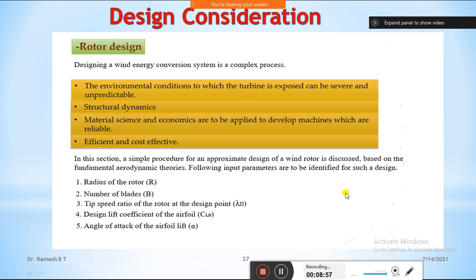These drag devices are very inefficient. We already know that we only prefer the lift devices, and these drag devices are very inefficient in wind energy conversion, and always turn more slowly than the wind. If the wind speed is there, in turn it will reduce the rotational speed. These are some drawbacks in designing.